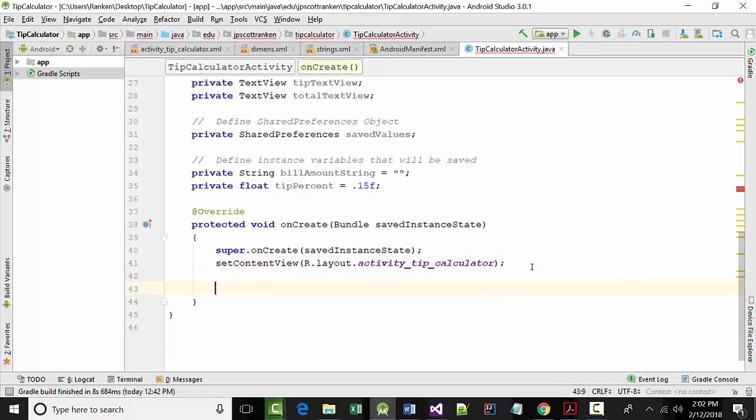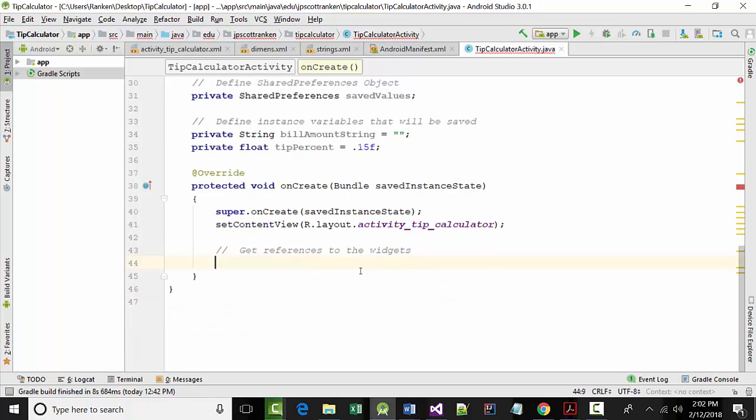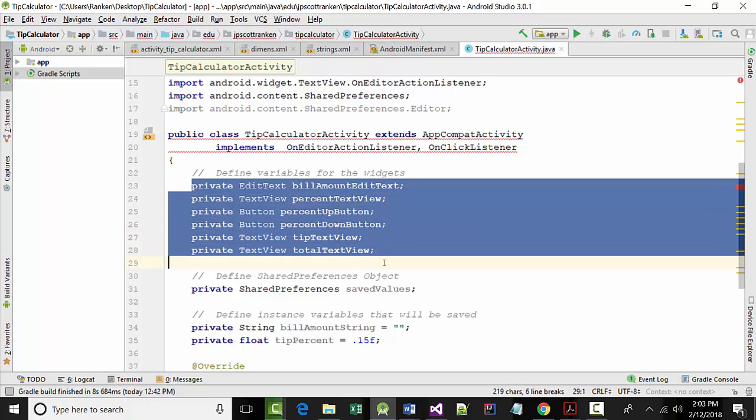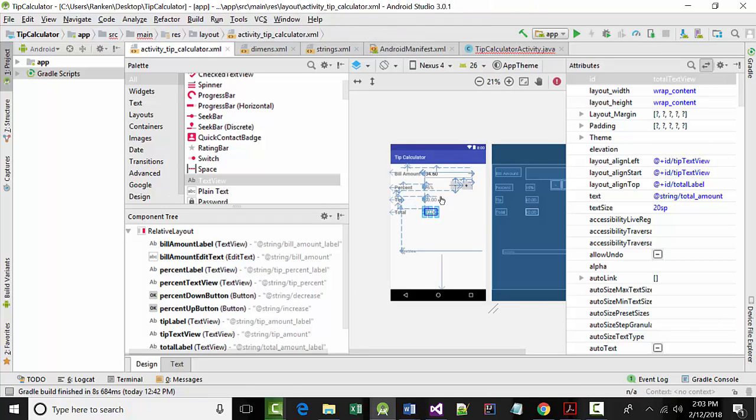All right. So after we've done these two lines, next we want to get references to the widgets. This is going to be using that R file that we talked about before. All right? We're going to have 6 of these, and if you look, we need one for each one of those. Does that make sense? These we have to map up with what's in the XML. Okay? Now, what's in the XML? This right here. Look on your screen, please. This stuff,